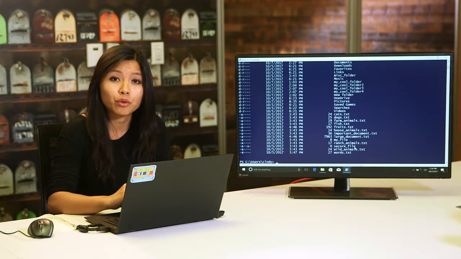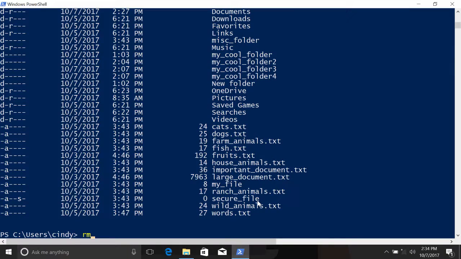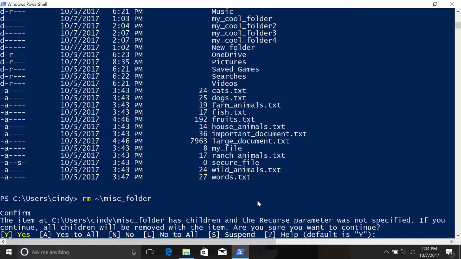Okay, let's try removing a directory with remove next. Oh, here we go. Here's another place where PowerShell is going to ask us if we really meant to do this. Since this is in a directory, it contains other files, and we did not use the -recurse parameter. We see a prompt asking us to confirm if we really want to remove the directory and all its contents. We can say yes or yes to all to continue. We can also cancel this command and run it again with the -recurse parameter. That way, PowerShell knows that we understand the consequences of what we're doing.